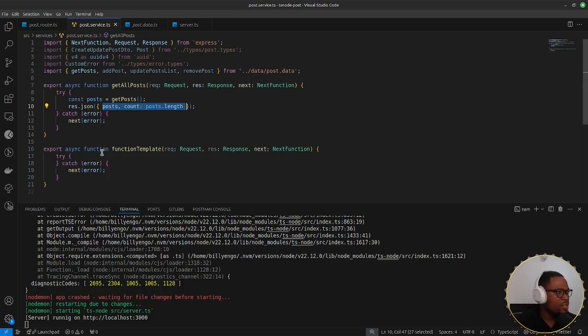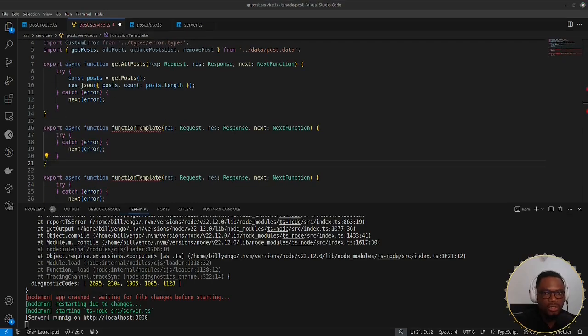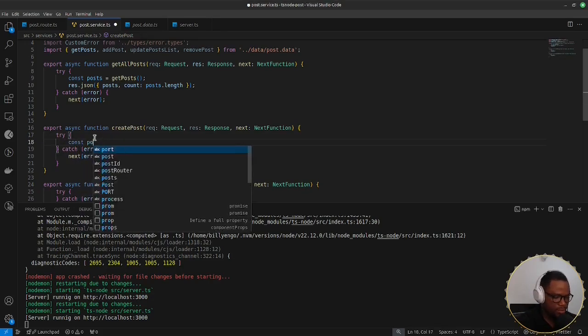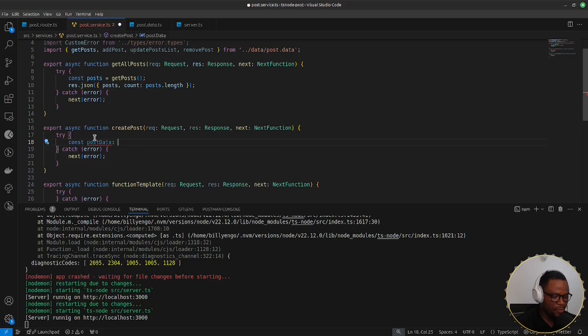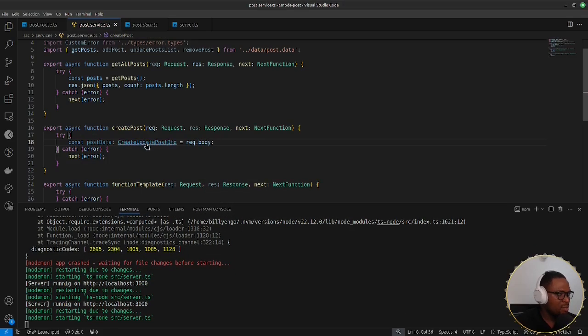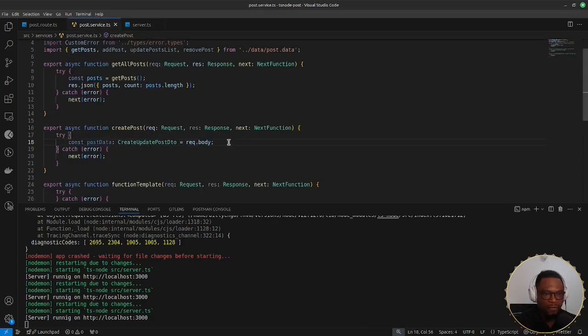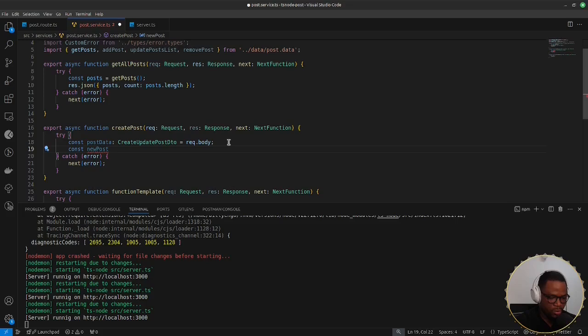The next function we need to create is create post. So we're going to come here, and then we're going to change that from function template to create post. And inside that, we're obviously going to receive some information from our user. So we're going to say const post data, which is going to be create or update post DTO, is equal to request body. Now remember that this create or update post DTO is coming from these types here. Okay. And then once we have that, we'll say const new post, which is supposed to be of type post, is equal to,